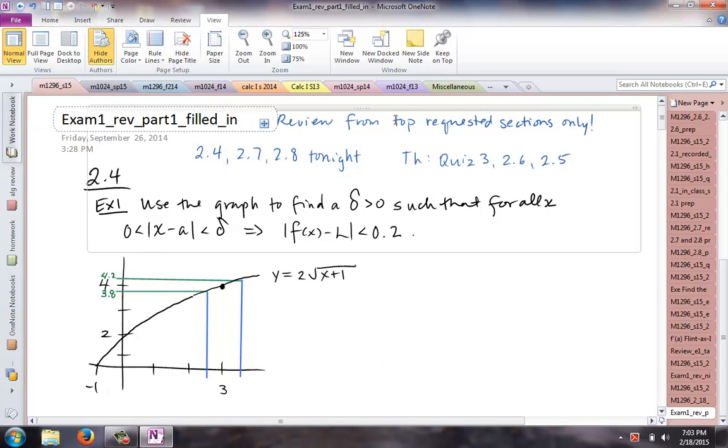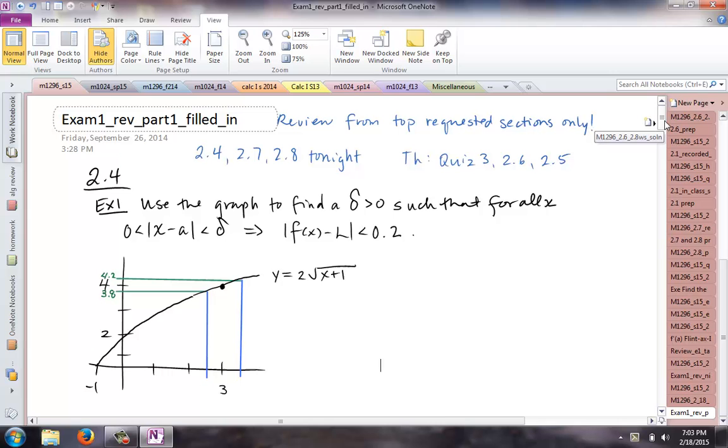Okay, all right, so I want to start the review with 2.4. And just a reminder that the topics we're covering tonight and the problems the TAs are going to do on Thursday were based on the requests that you guys gave. So some of the sections that are on the test are not on the review, make sure you look at the study guide. So from 2.4, I'm doing pretty much one of each type of problem that you had in